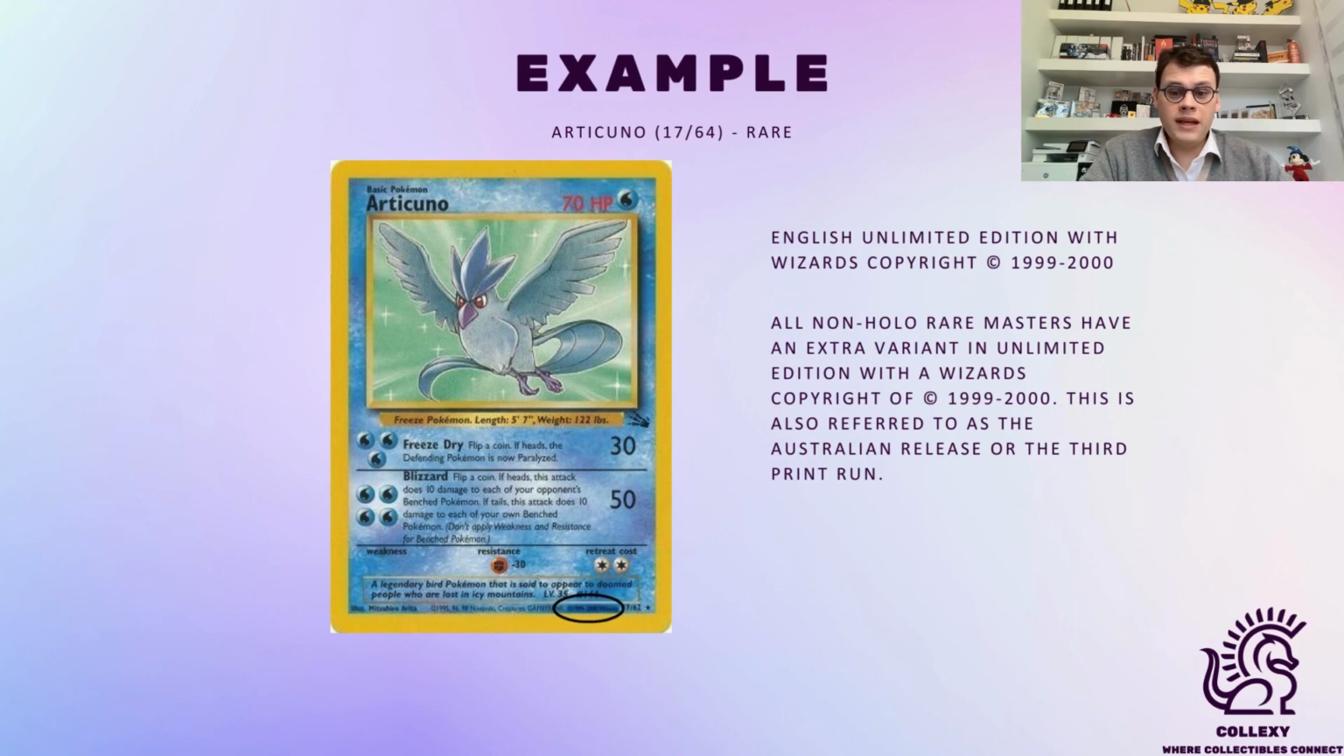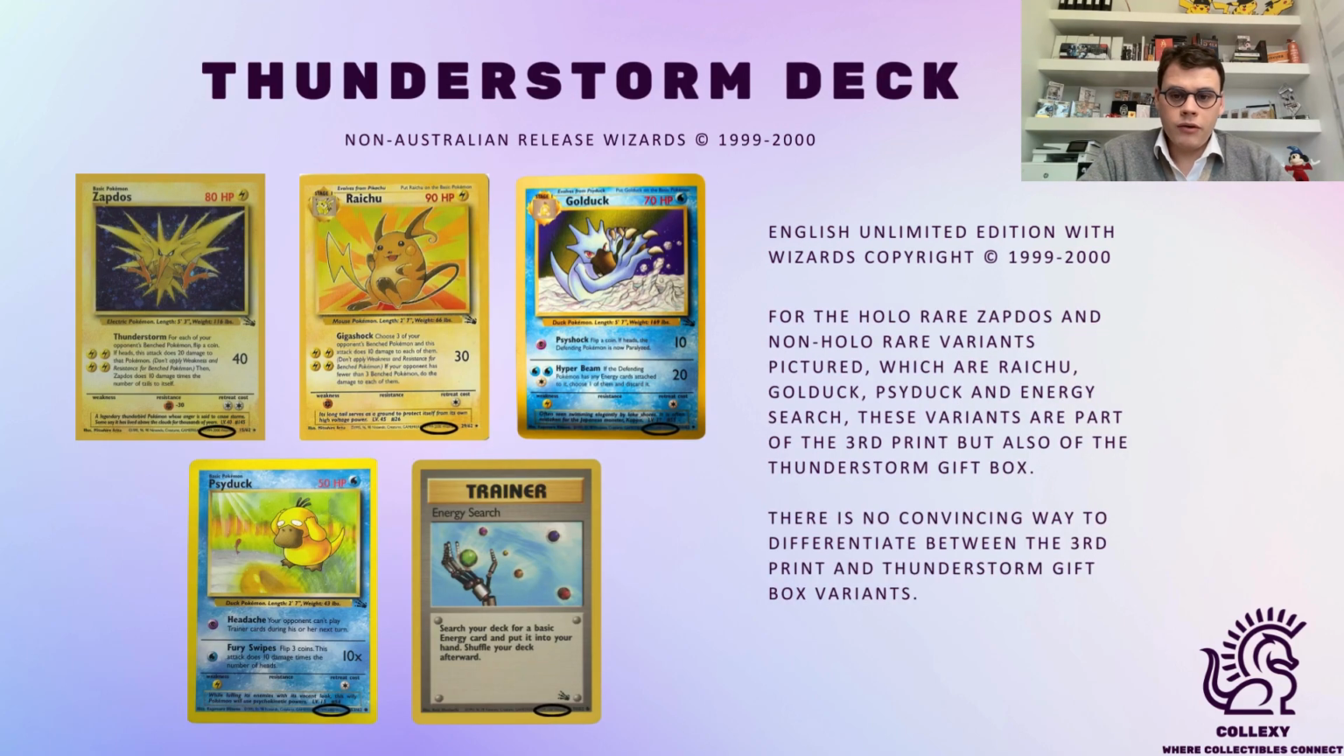These cards are basically the result of the third print run, which is also referred to as the Australian release. However, we have to make a comment with this Australian release of the third print run with respect to the Thunderstorm deck. The Thunderstorm deck contains variants in English in Unlimited Edition with the Wizards of the Coast copyright years 1999 to 2000. For the Holo Rare Zapdos, which we already discussed earlier in this video, and the non-Holo Rare